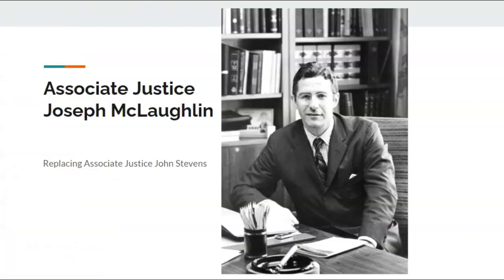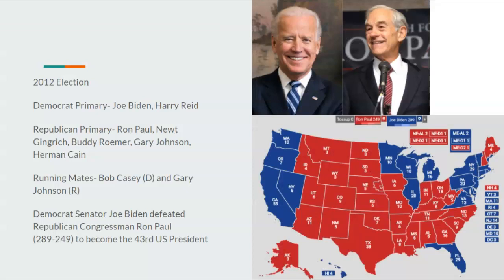Okay? But of course, Joseph McLaughlin is chosen to replace Associate Justice John Stevens, a conservative replacing a conservative, no big change there. In the 2012 elections, Delaware Senator Joe Biden, after a failed attempt as Obama's running mate, is given the nomination. We need more moderates, and Joe Biden's the most moderate there is. And of course, Republicans name a populist, Ron Paul. Of course, there are some traditionalists who try to run, but they're kicked to the curb, as most of the Reform Party is now the majority in the Republican Party, as Ron Paul would win the nomination.